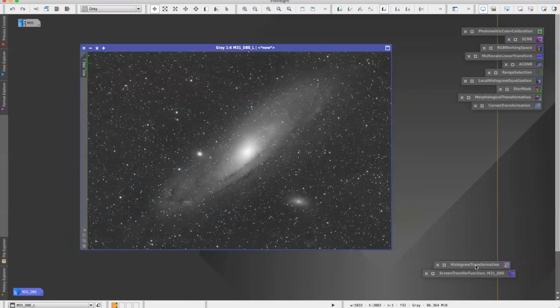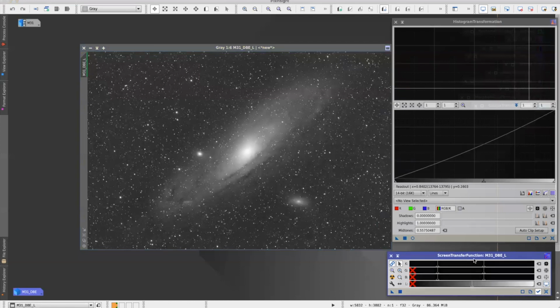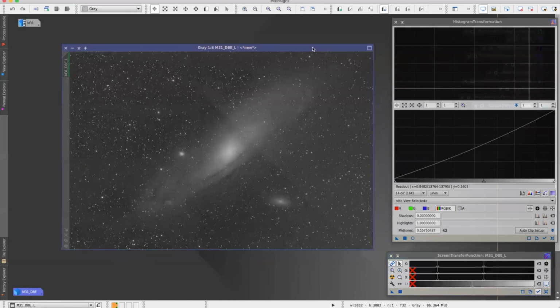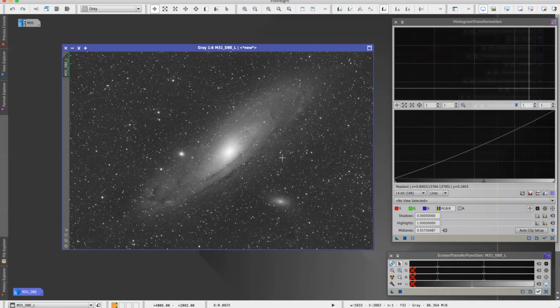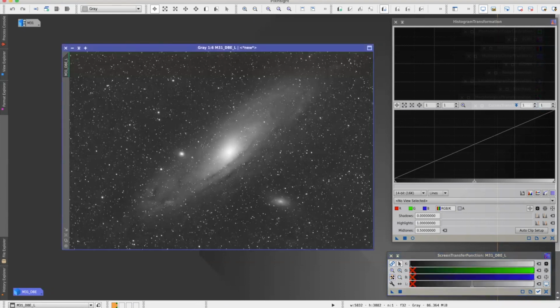So we'll open the Histogram Transformation process, and using this we are going to adjust the shadows, or clip out the shadows, and that'll allow us to have more of a black and white style mask as opposed to this grey version that we've got at the minute. So we'll click on the bottom right hand little icons here, and that basically resets everything. We're going to then click on the nuke button, which stretches the mask for us,